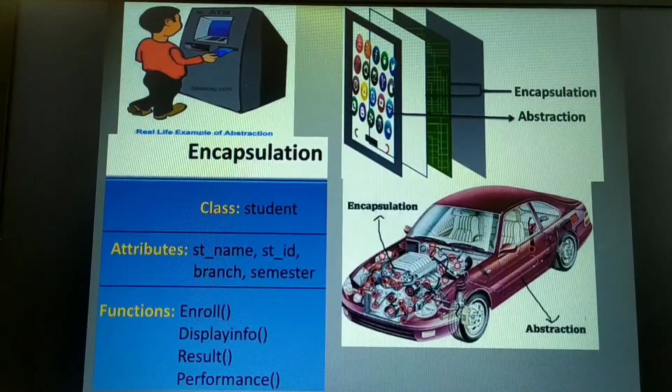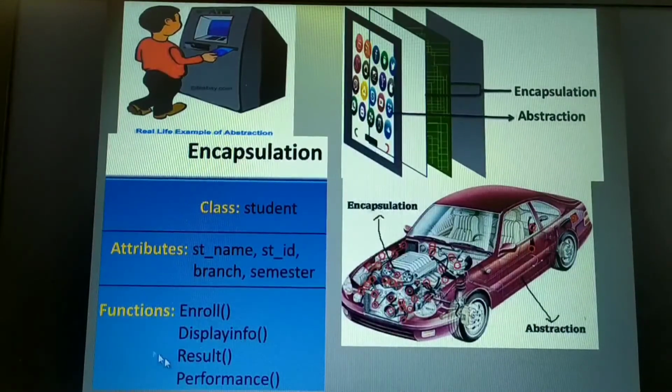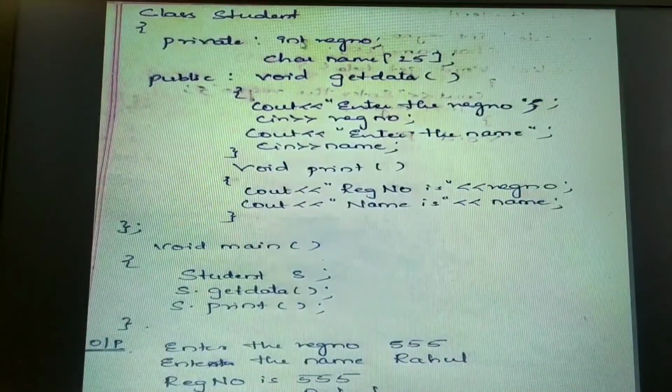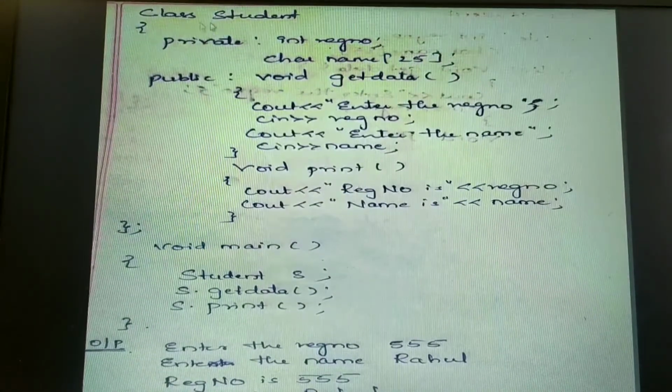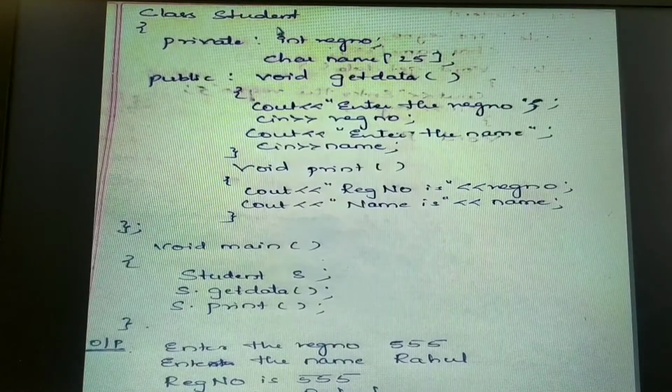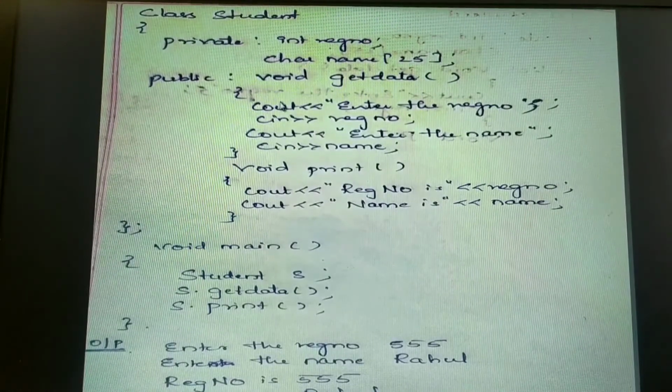Moving on to the next one, that is data encapsulation, which is one more interesting characteristic of OOPS. Data encapsulation combines both the data and the functions into a single unit known as the class. Data encapsulation is the ability to combine both the data and the functions into a single unit known as the class. Here I can show you in this program. Here I have combined both the data members as well as the member functions into a single unit known as the class, that is Student. So this concept is nothing but data encapsulation.